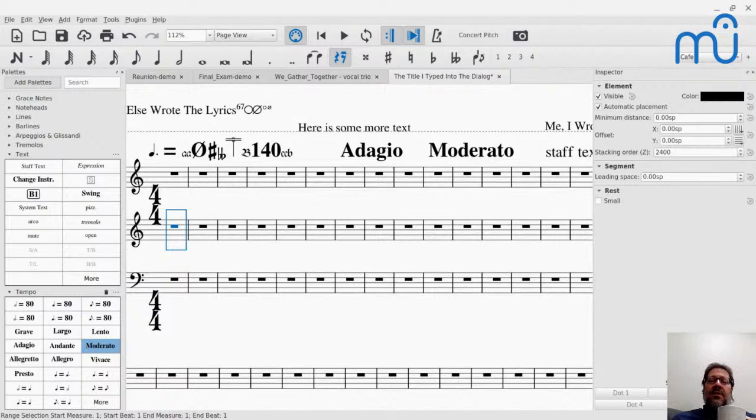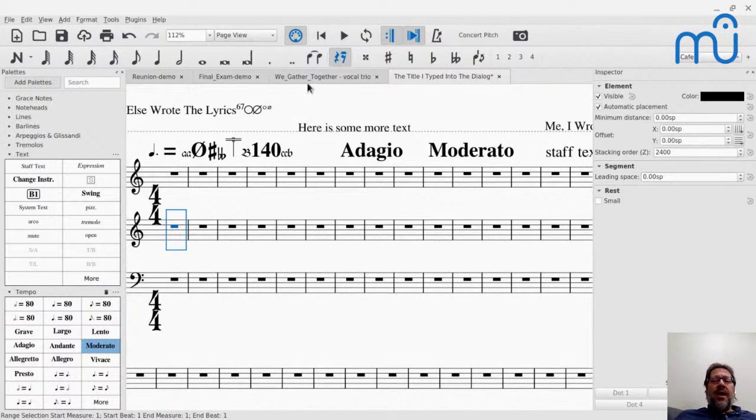There's a lot of nice improvements that are going to be made to the appearance of scores by default. Nothing is maybe dramatic as what happened when we went from MuseScore 2 to MuseScore 3 and we implemented all this collision avoidance. But things like, well, first of all, there's new fonts. There'll be a new default font for music and for text.